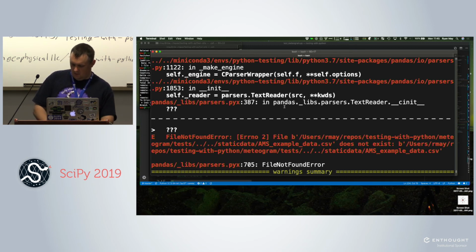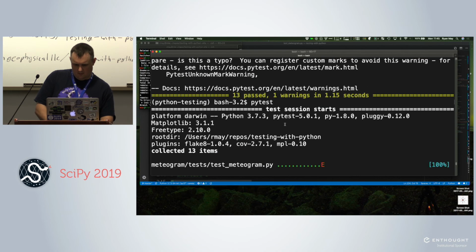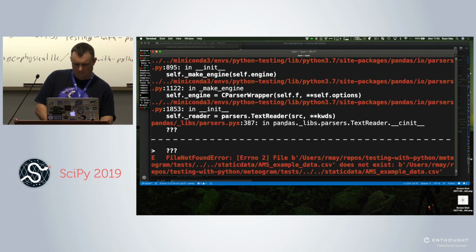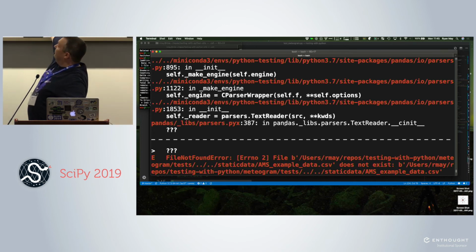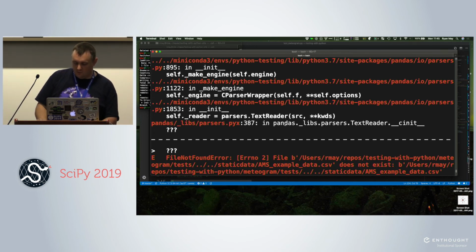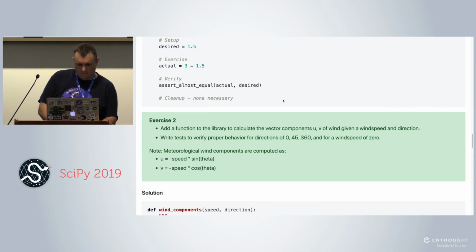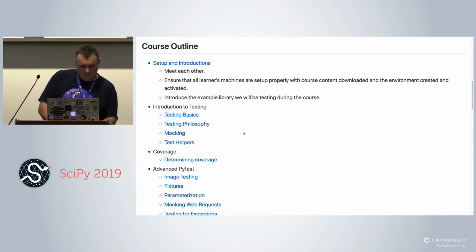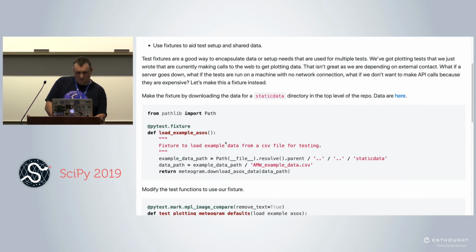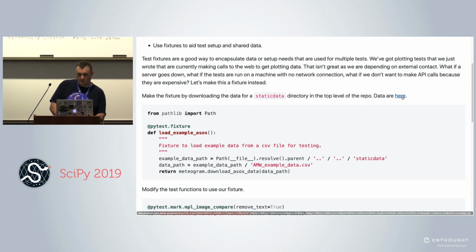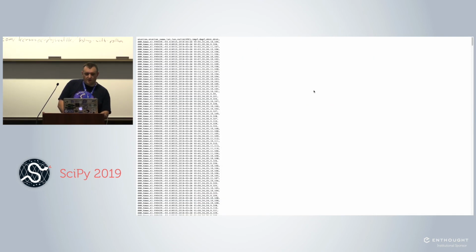On that site, there's a link to our text data. If we go into fixtures, there's a link here. The data are here, this link here. That opens up one of those URLs that has a whole bunch of data.